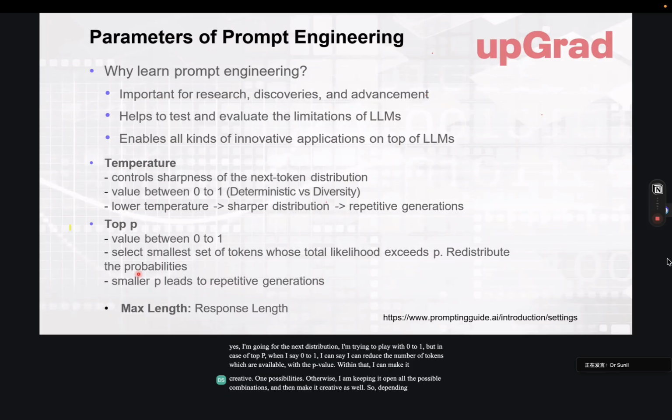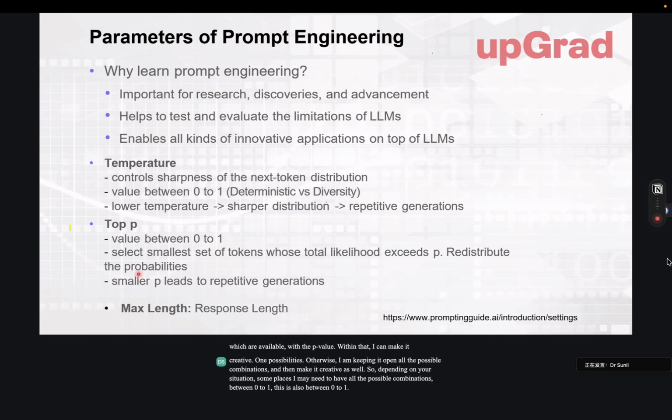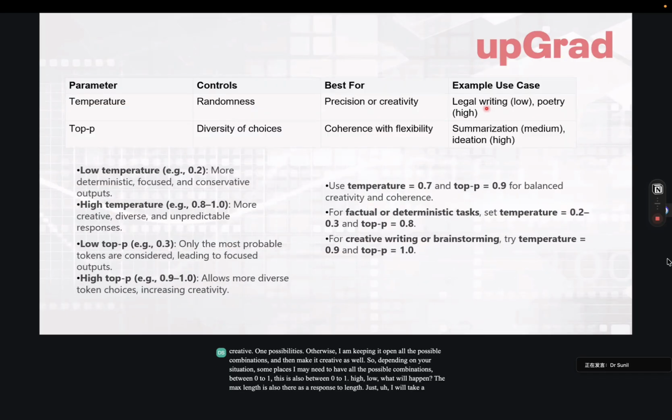So depending on your situation, in some places I may need to have all the possible combinations. This is between 0 to 1. This is also between 0 to 1. High, low, what will happen? The max length is also there, as the response length. I will take a pause after explaining these also so that it will be clear for you. I'm sure there will be a lot of questions. Let me explain these points. But before that as well,